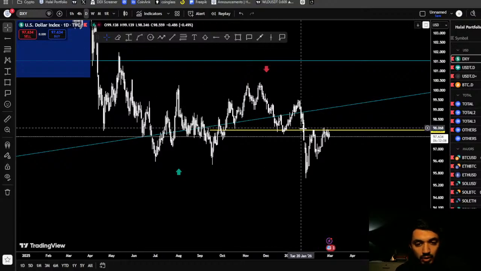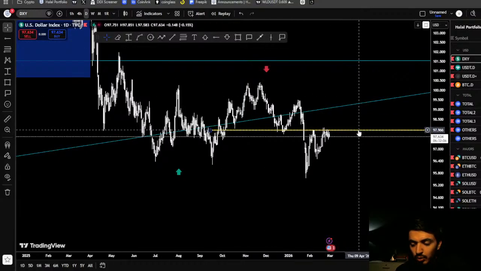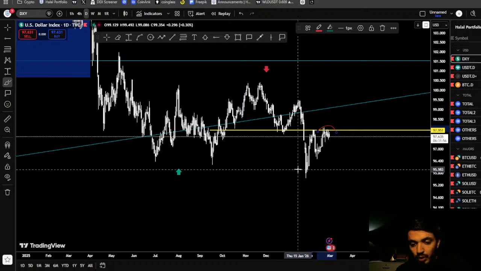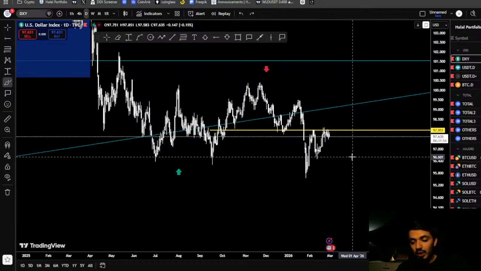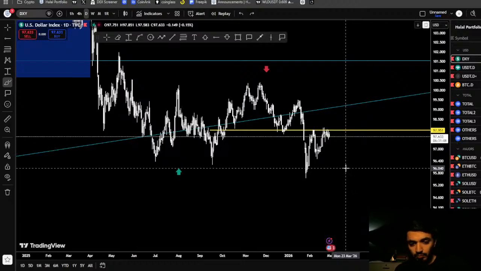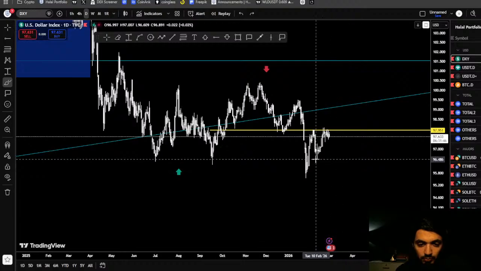So now it is Friday, and also we're reaching the end of the month. One day is still left, 1.5 days for the monthly candle to close. And you can see that the price is already turning down. So what I can expect is this month of February could possibly close bearish